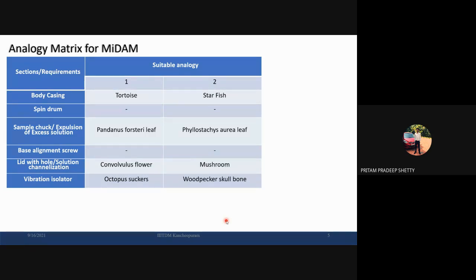So there is no clear answer for that. There is a clear answer in the sense that there is nothing like a right or wrong answer. It's only the best answer. So it should be based on your decision, which is suitable for you for designing as well as 3D printing. Here we are talking about additive manufacturing, right? So I will talk about ease of manufacturing by 3D printing.